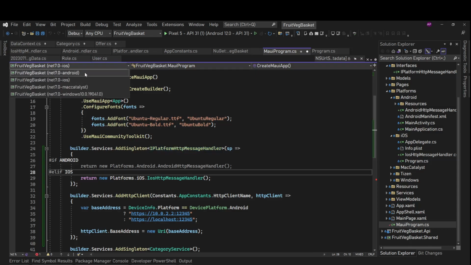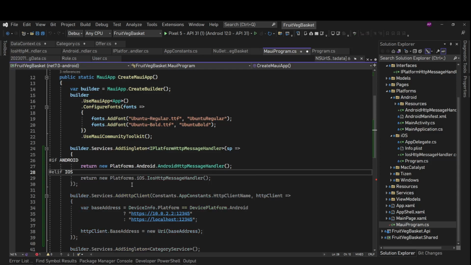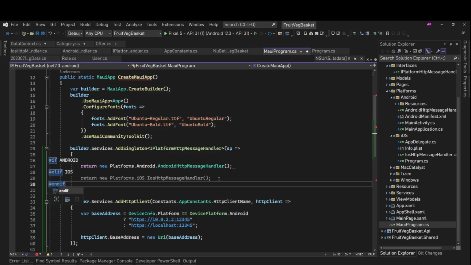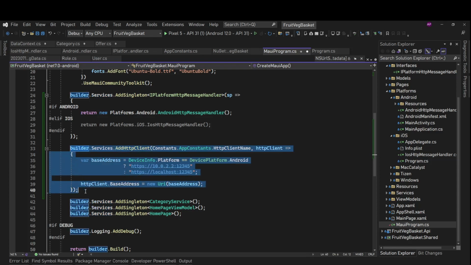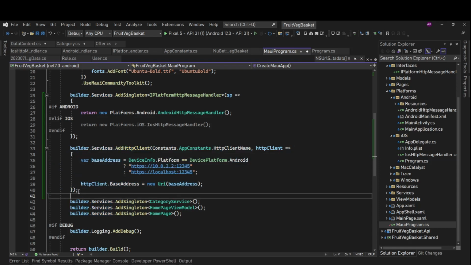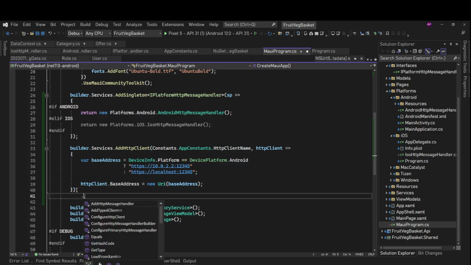So we are on Android. Let's go to Android and we are fine. We just need to end this if. Okay, now we have this. After this, we have this builder service add HTTP client. Now we'll configure the HTTP message handler.